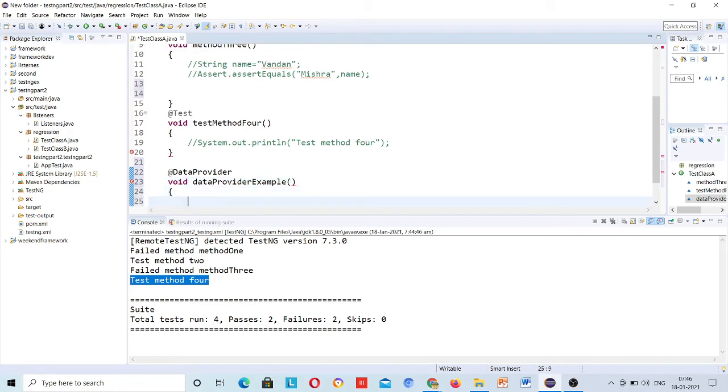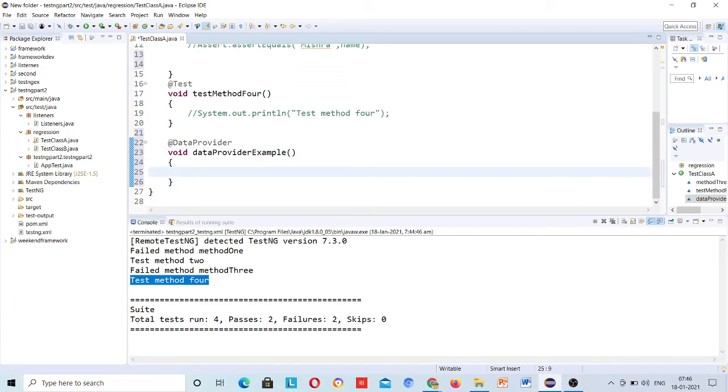Here I will use the concept of a 2D array, right? So there will be 2 usernames and 2 passwords. Inside the array there will be index 0, and inside 0 there will be 0 and 1, and inside the first index there will be 0 and 1.